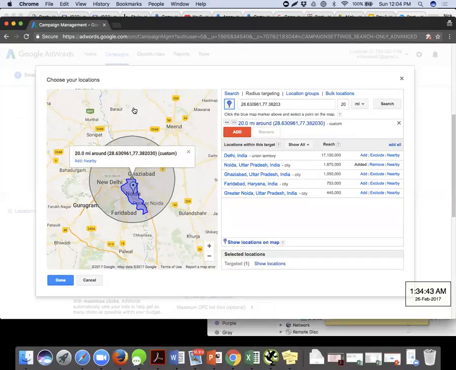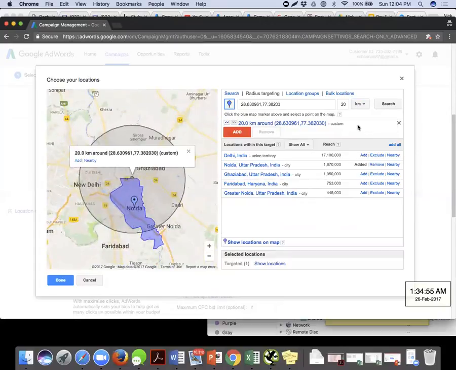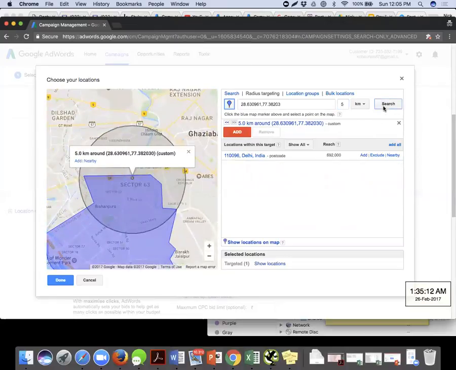This 20, which you're seeing over here, is being taken as the radius. The central point is the Noida Port we have selected. If we click on the miles drop-down, it will come as kilometers also. I can take kilometers, because in India we use kilometers more. And instead of 20, I can do 2, 3, 4, whatever, or 5 maybe. All right. Now, what will happen? Click on search. As you can see, that portion in sector 63, let's say this is Knowledge World, is the central point I have chosen, and I have selected all this area right over there. Let's click on done.